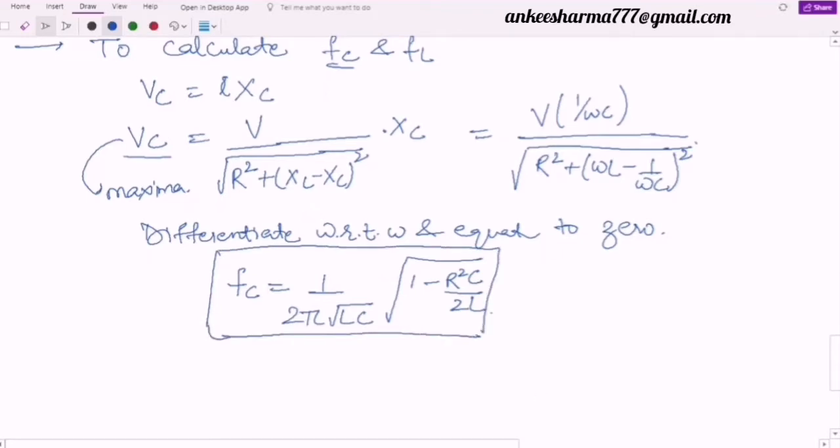Right? We have studied over there. If we take the second derivative, we get whether it is maxima or minima. It has been done already that when we take the second derivative, it is coming maxima. So we have to find the maxima value. So we just took the first derivative and equated it to 0.